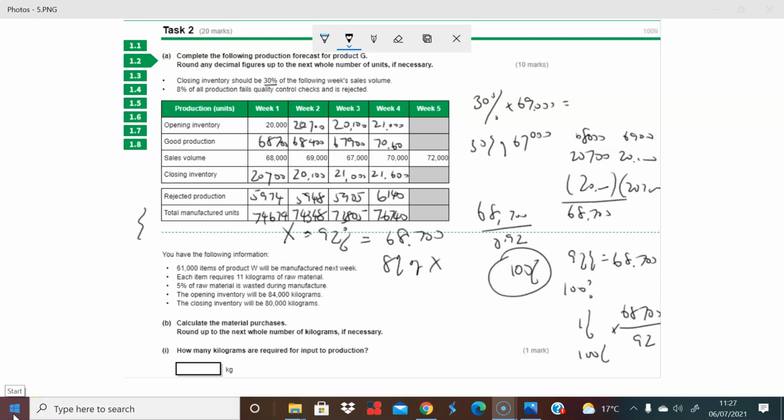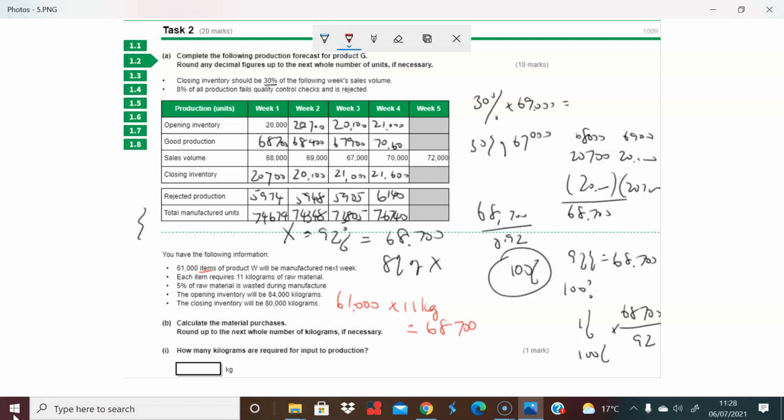Okay, the next question then goes on to ask us. It says that you have the following information. Let me just change my pen color just to make it look different. So you've got the following information. We want to produce 61,000 items. And we know that each item requires 11 kilograms. So multiply that by 11 and you will have